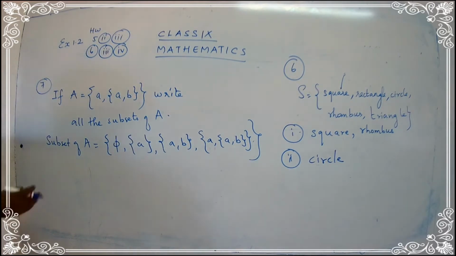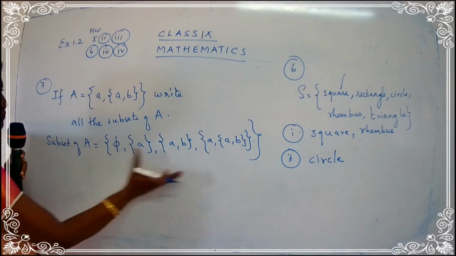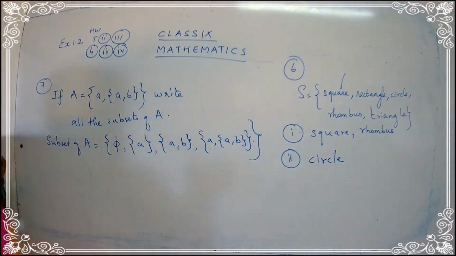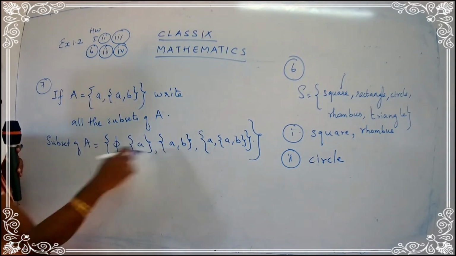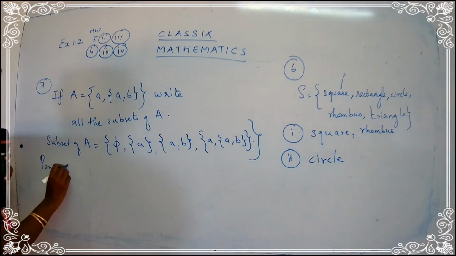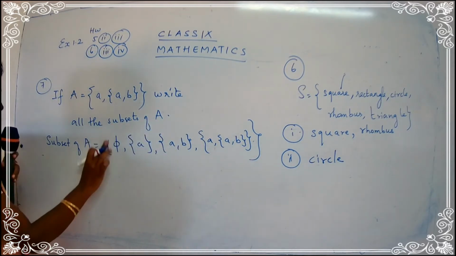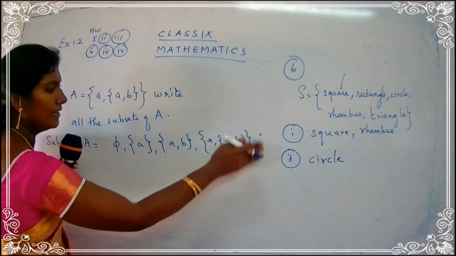So you just can write a subset, you will write here. This is an easy thing. I have just put everything in the bracket. Actually, what is the difference is, if you write it in a bracket, it is called a power set. So if you have to write a power set, you can just simply put everything under the bracket. For a subset, you just do not write a bracket, you just write the elements, enough.